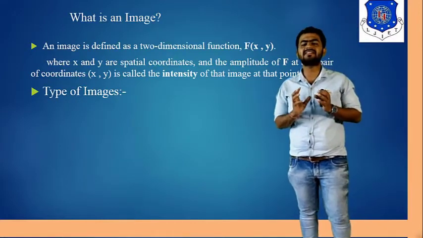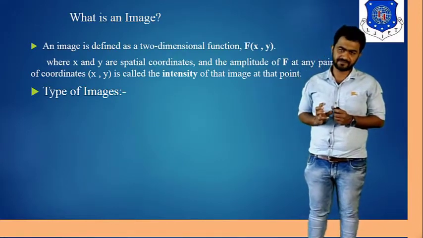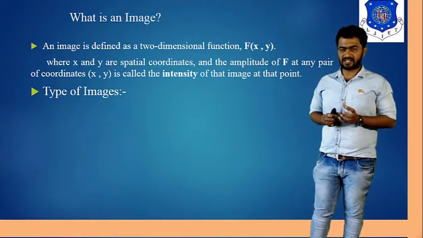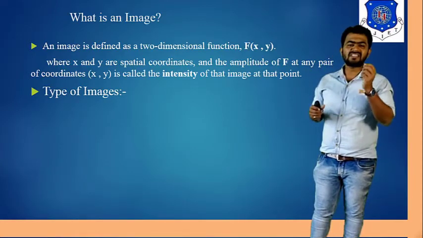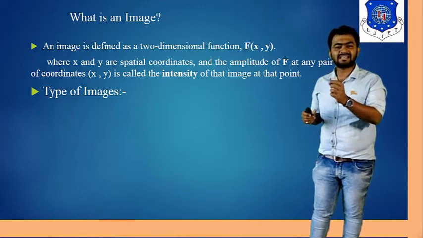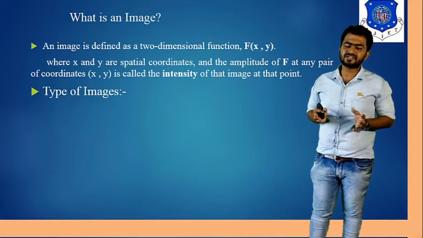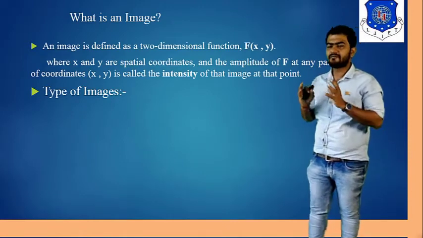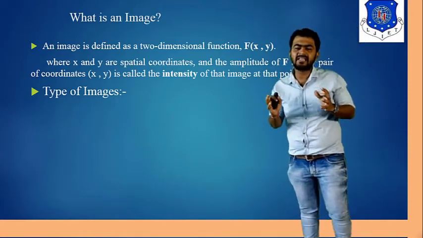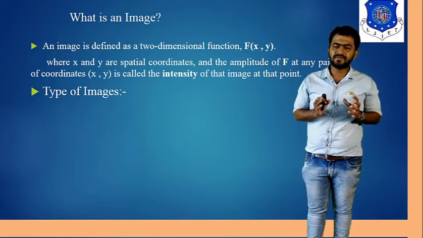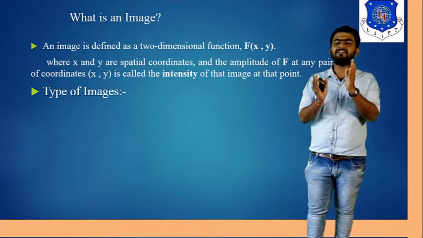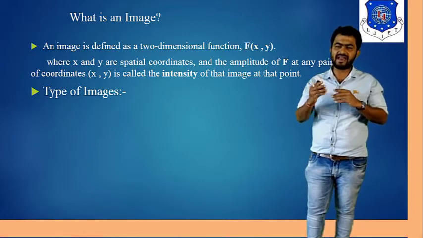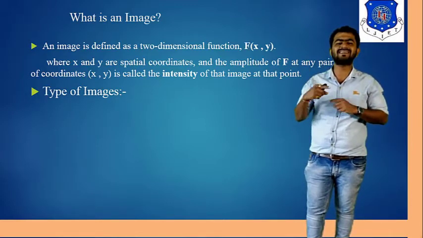Now the first question that arises in our mind is, what is an image? Basically, an image is also one type of data. An image is defined as a two-dimensional function in terms of x coordinate and y coordinate. When we talk about an image, we have a picture in our mind that an image is always a square, right? It's a basic concept. Ultimately we're talking about an x coordinate and y coordinate, and it becomes a square with the help of negative x and negative y.